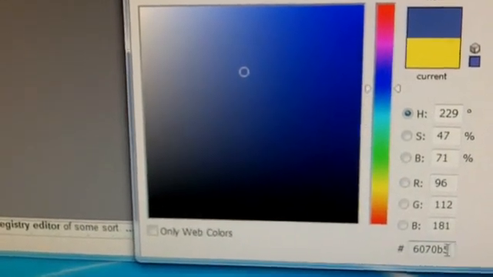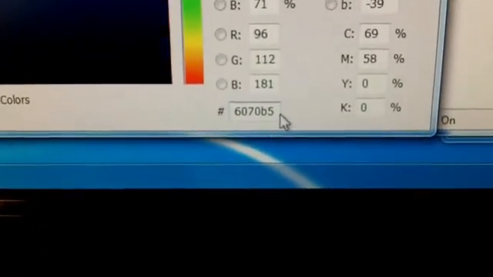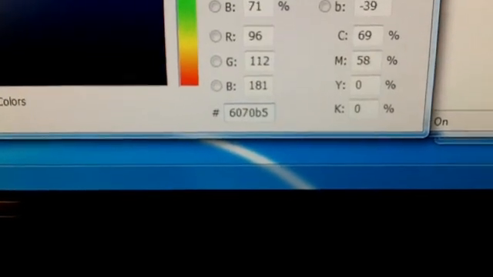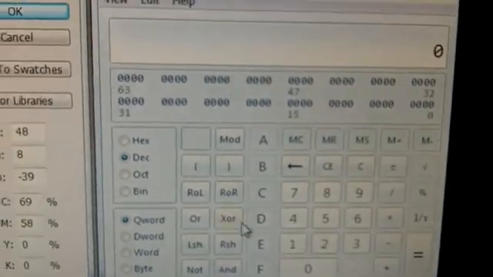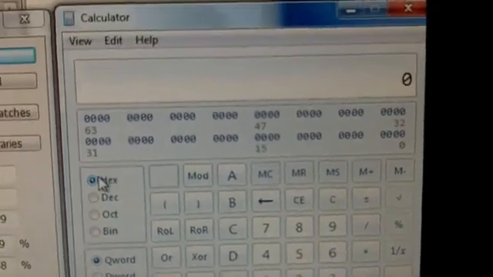And the hexadecimal code here is 6070B5. So we take out our scientific calculator, and under hex,